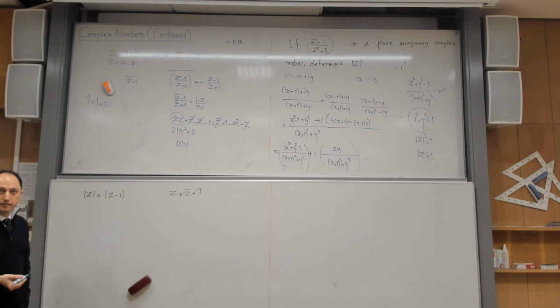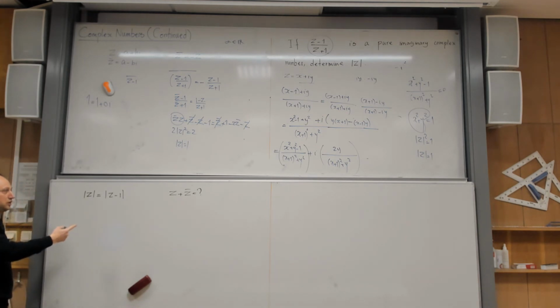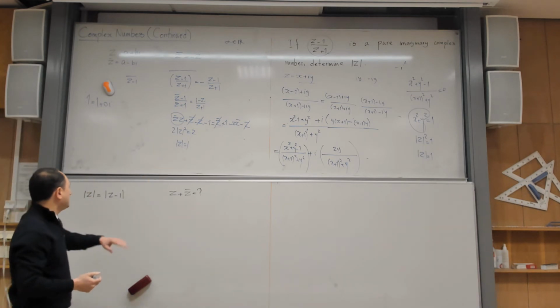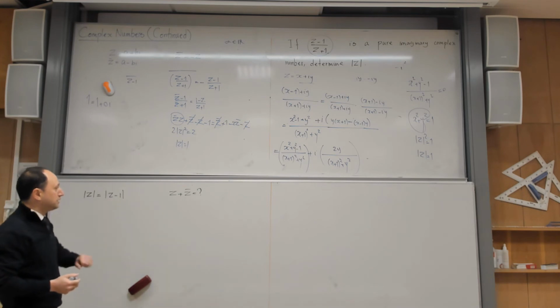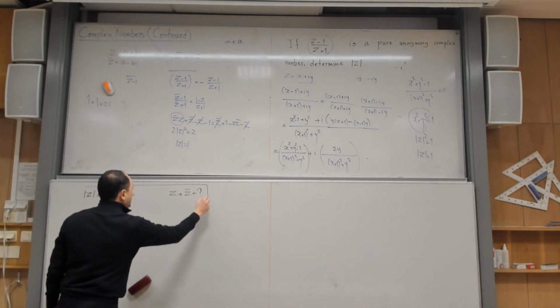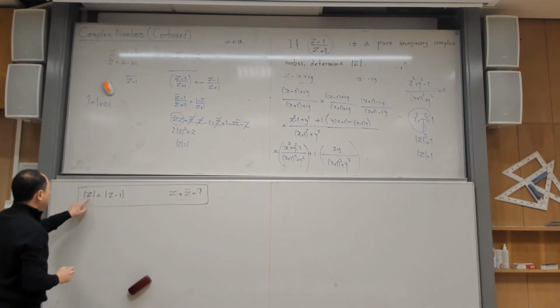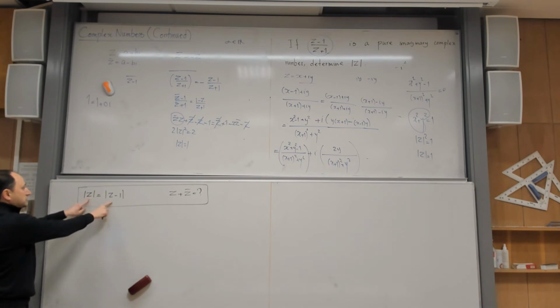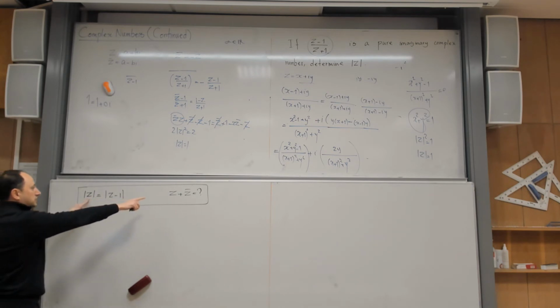That's the question. These questions are a little bit harder because there might be no natural way to think about it. It was natural here, but of course that's also probably natural. I want to wait for you. I want to see how you think about this problem. I give you a complex number that satisfies this equation, and I am asking what is z plus z bar?